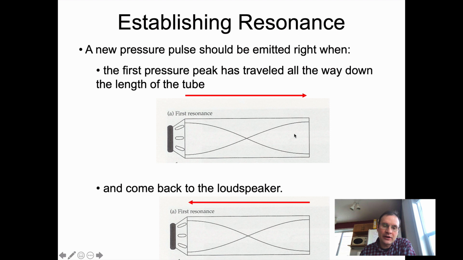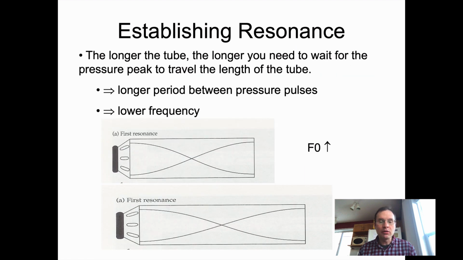It goes all the way down to the far end and bounces back. And if we are going to set up a resonating pattern or a standing wave, we have to wait for it to go all the way down the length of the tube and come back and then push again. So like I said before, we're going to hold the speed of sound constant. So if all we're changing is the length of the tube, when we make a longer tube, we just have to wait longer for the pressure pulse to go all the way to the far end and then bounce before